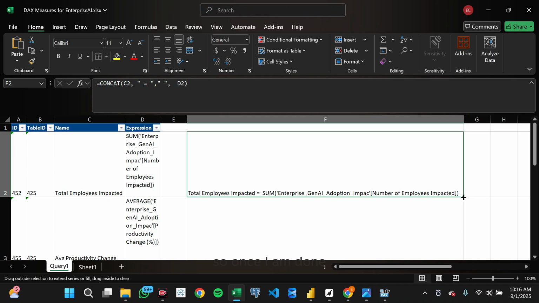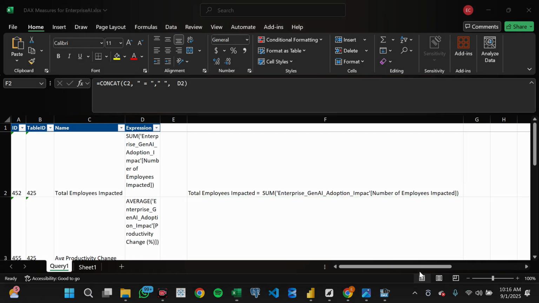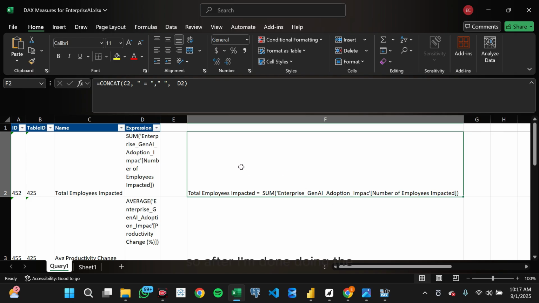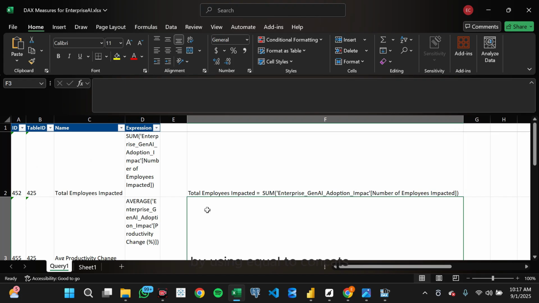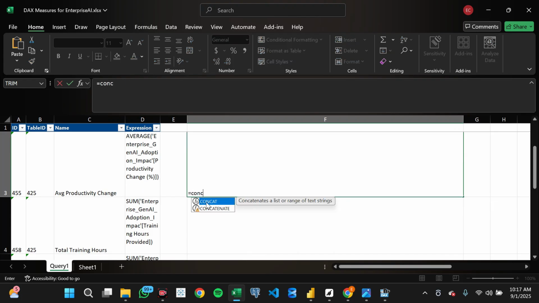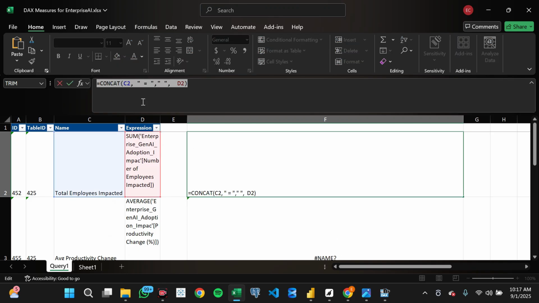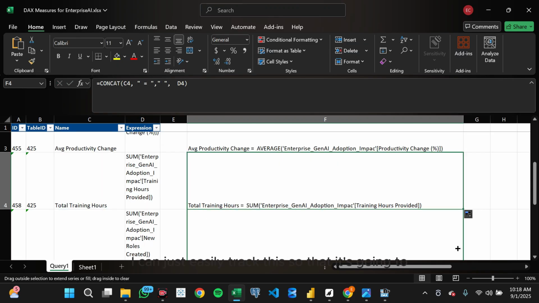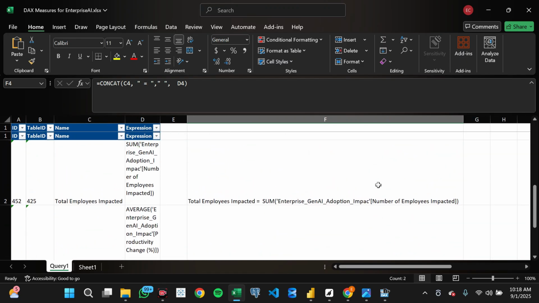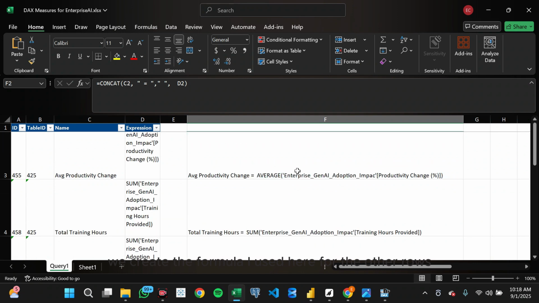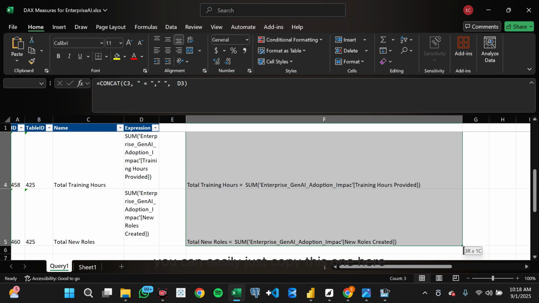Once I am done, I am going to do the same for the other rows. After I'm done doing the same thing I did here for the other rows by using equal to CONCAT, I'm just going to come here and copy the formula and change it. Or I can just easily drag this so that it recreates the formula I used here for the other rows. So now I am done. You can easily just copy this one here,